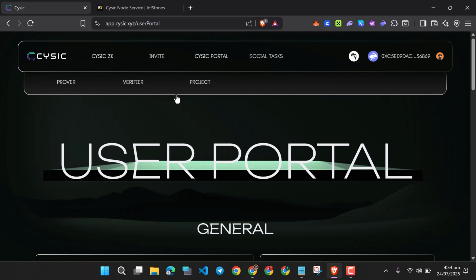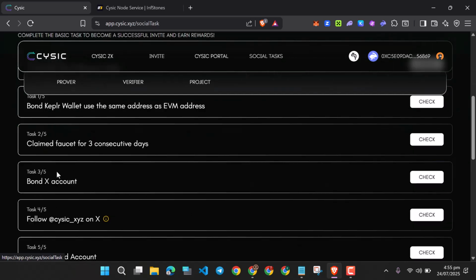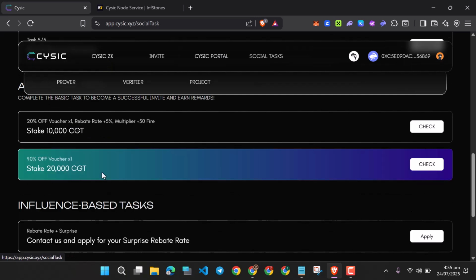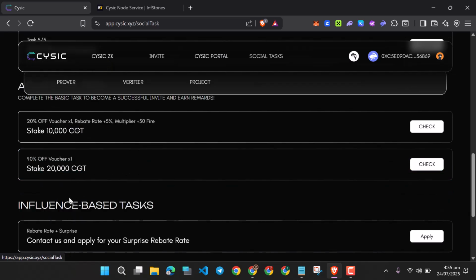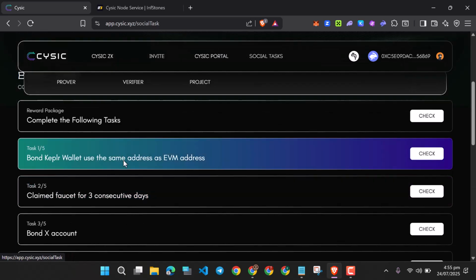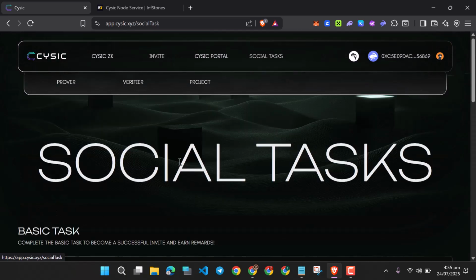Right after claiming that, you can go to the social task. Go to your social task and complete all these tasks and earn points for completing the tasks right here. But staking is going to be kind of hard, it's very hard to stake. So right after claiming your faucets and completing the social task, you need to head to